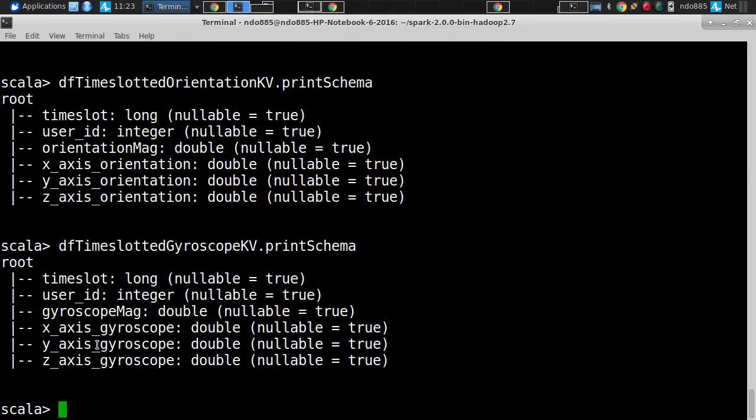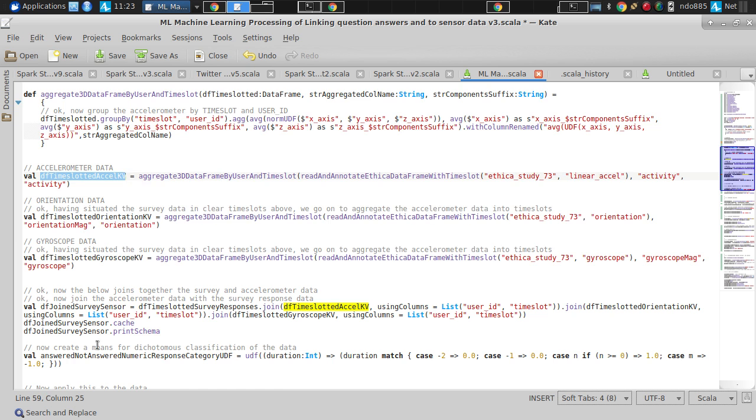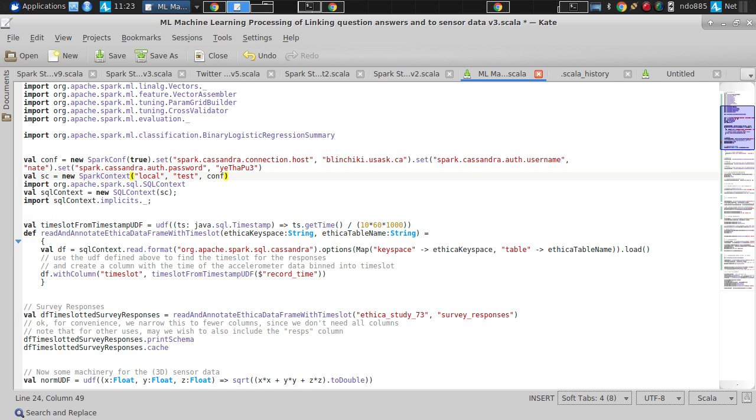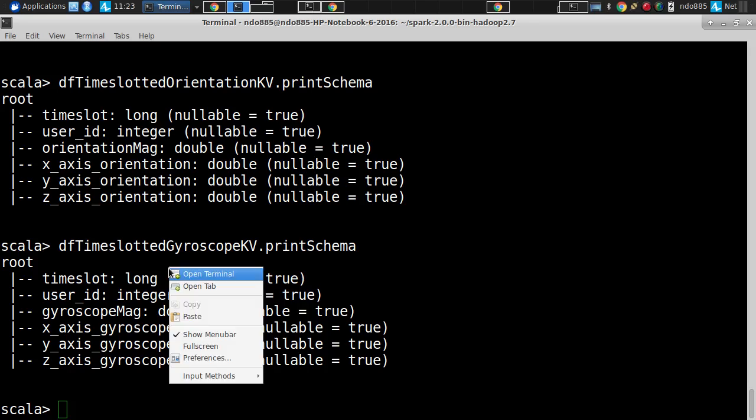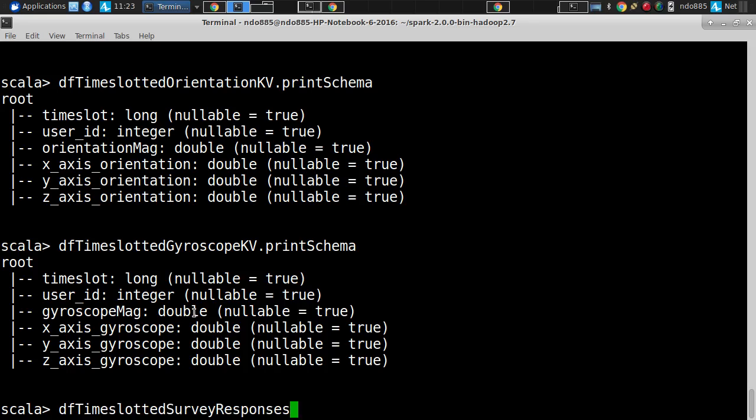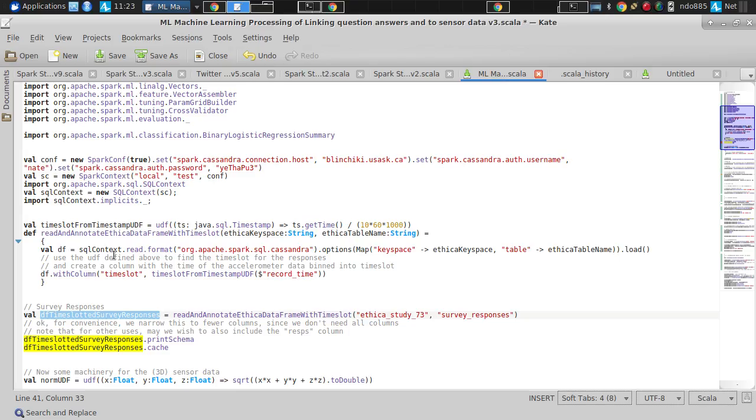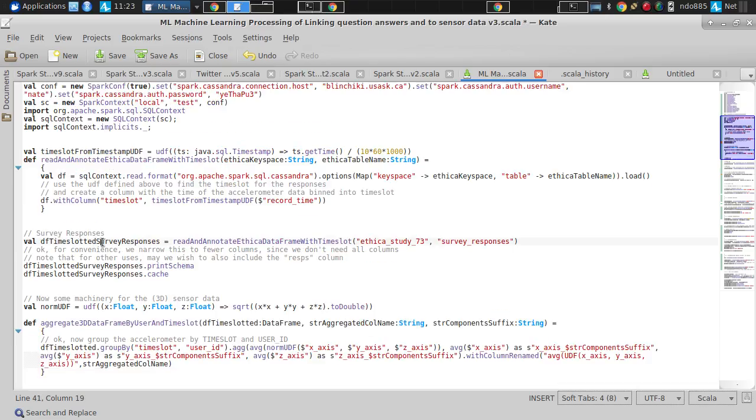Gyroscope. We have also done this for the time-slotted survey responses, have we not? Although it's not aggregated in the same way. Each of these is in fact classified as to this. So with the time-slotted survey responses, what we did is we read